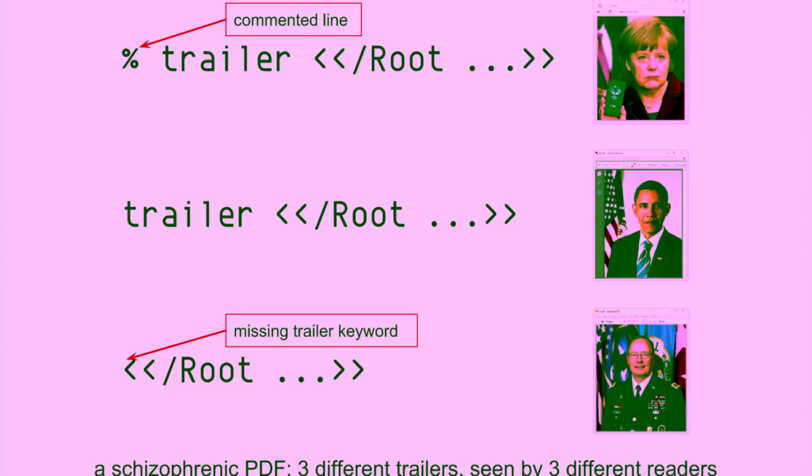So basically, one file, but 3 different documents, and the other readers don't see the other two documents at all. It's not a trick with a conditional if detecting the reader version or anything.